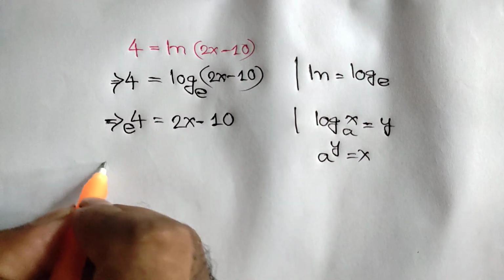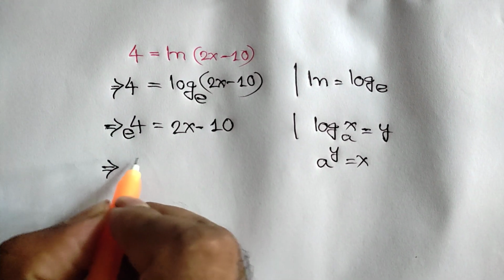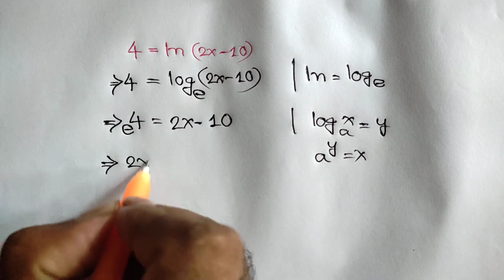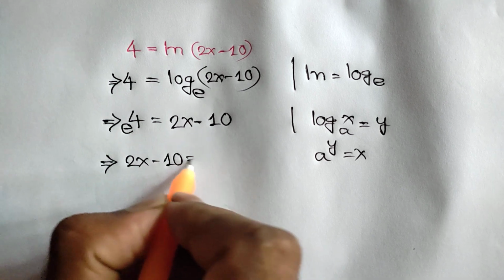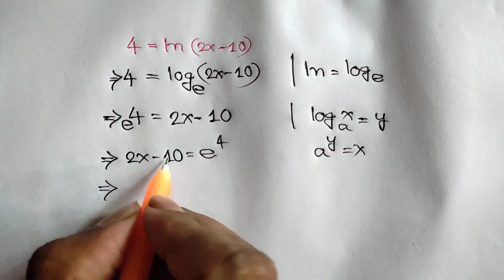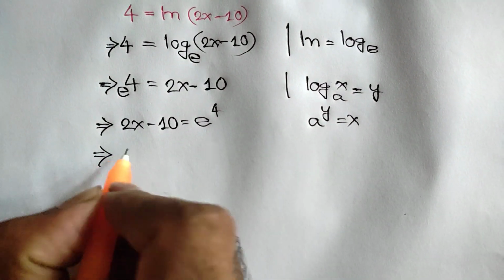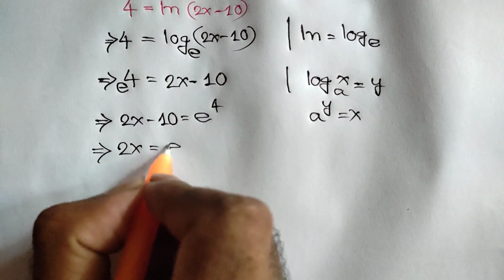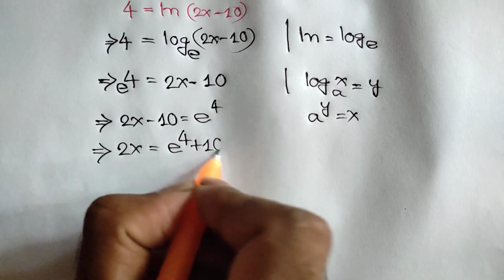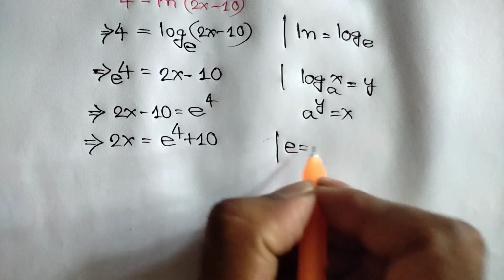Okay, changing side, we can write here 2x minus 10 is equal to e to the power 4. Now taking this negative 10 to right side, we will write here 2x is equal to e to the power 4 plus 10. Now we know e is equal to